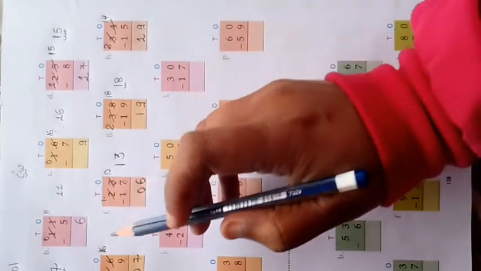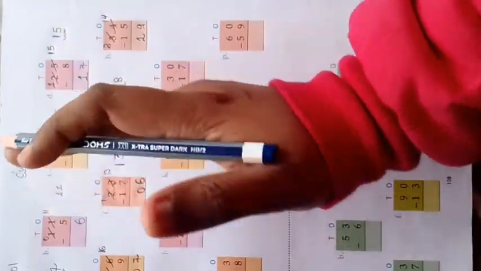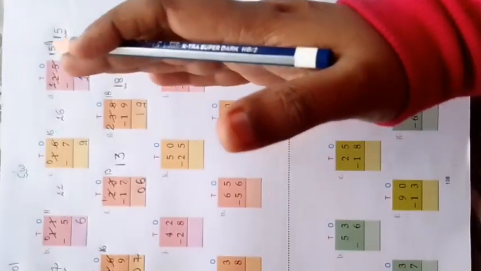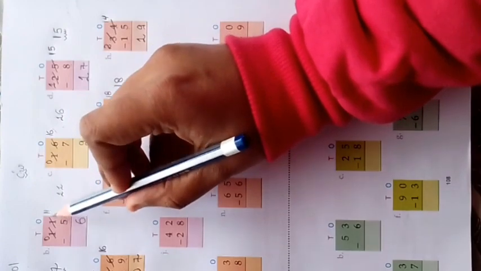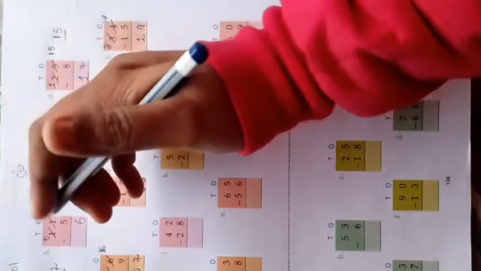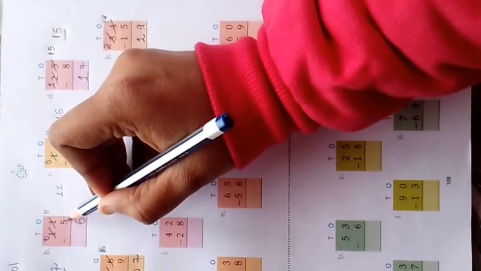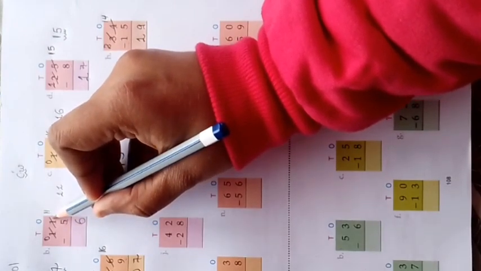Let us see once more. See what we are doing. First of all we have to start solving from which side? We have to start solving from the right side. So here it is given 11 minus 5. तो हम राइट साइड से जब स्टार्ट कर रहे हैं तो यहाँ पे 1 है, तो 1 में से 5 को हम रिमूव कर सकते हैं? No, we can't take out 5 from 1. सो हमने क्या लिया, borrow लिया.